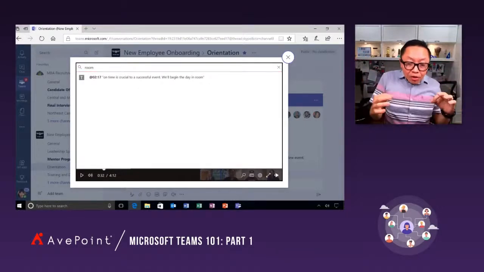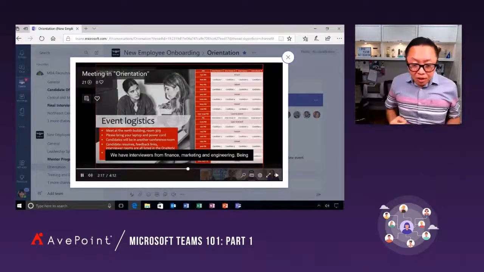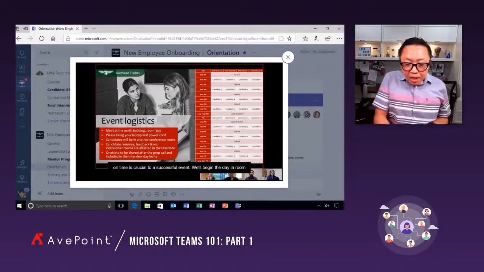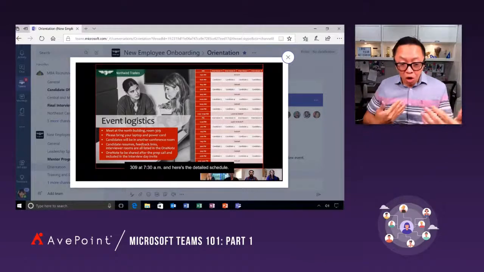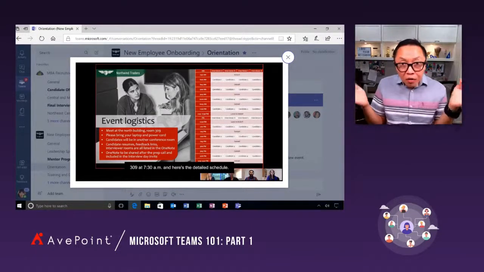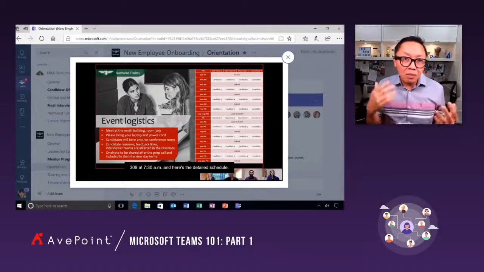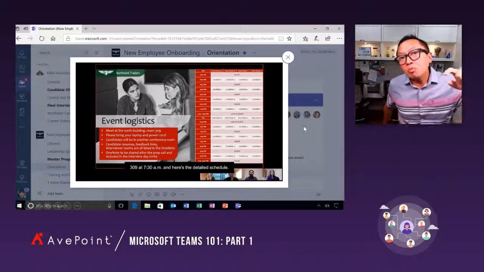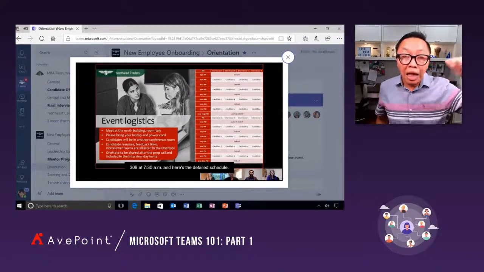Then the other cool thing with Teams is live captioning. Check this out, right? In this meeting, as the person is talking, the words are coming out. This is very inclusive, especially for folks that may be hearing impaired. And soon, this live captioning capability will also be available in multiple languages.